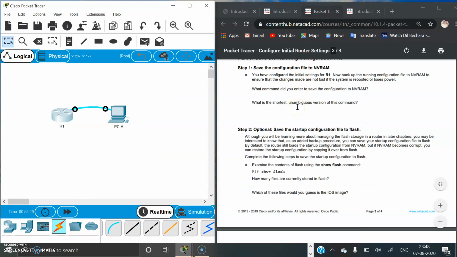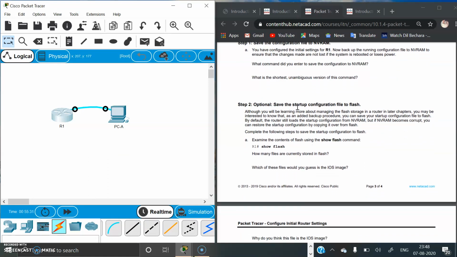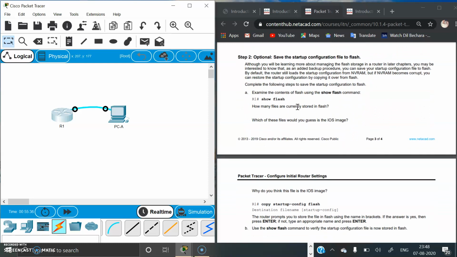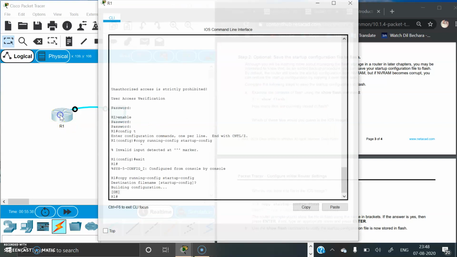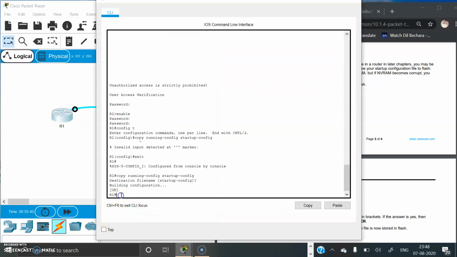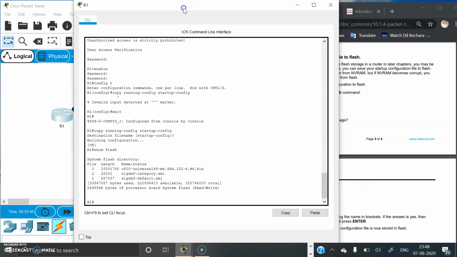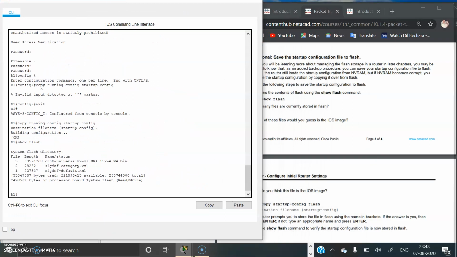Next, after saving the configuration file to NVRAM, we have to save the startup configuration file to flash. Firstly, we have to observe the flash. For that we are using the command show flash. Okay, so here it is.